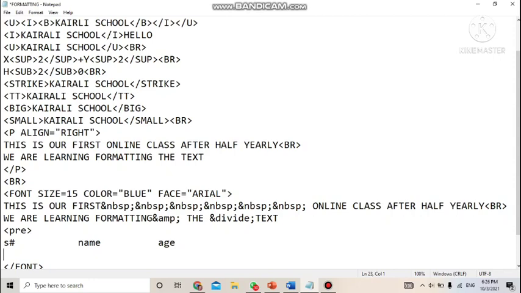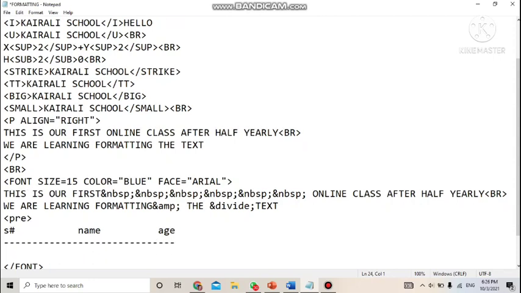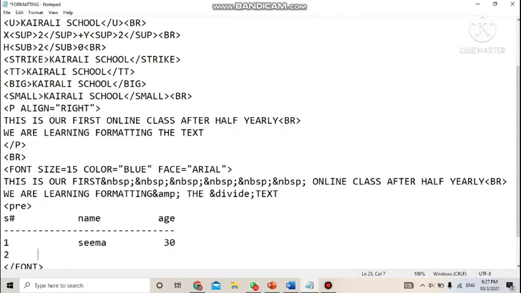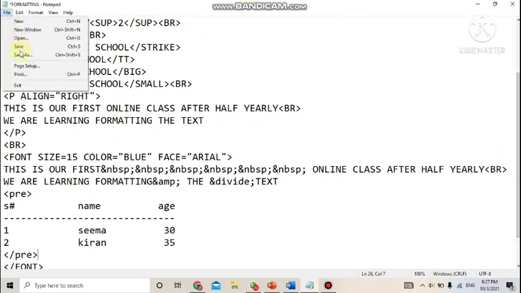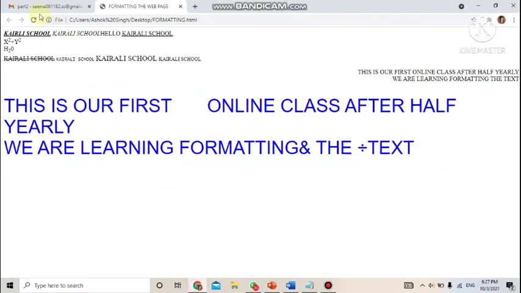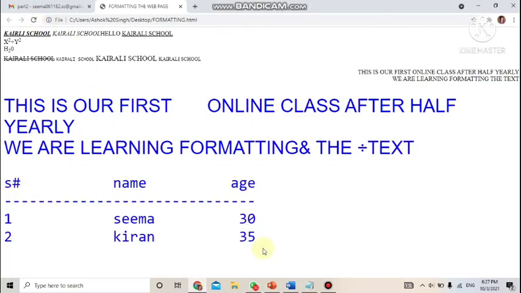Then in the next line I want a dash sign, I want this one. Then in the next line just under this I want one. Then under name, any name can be given, suppose Ima. Then age 30, then in the next line 2. So this way a tabular structure can be made. Then is it 35, and at last I want that much, so I will write here pre tag closed. Now save it, file, save, and then refresh the page. You will see that format it will appear.